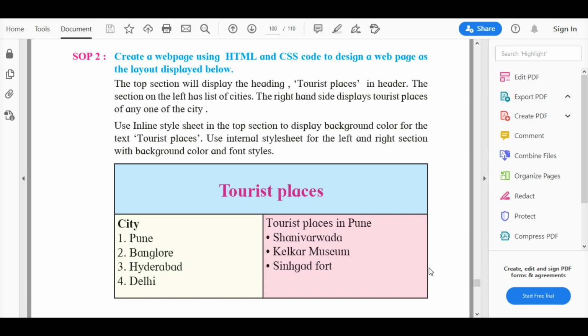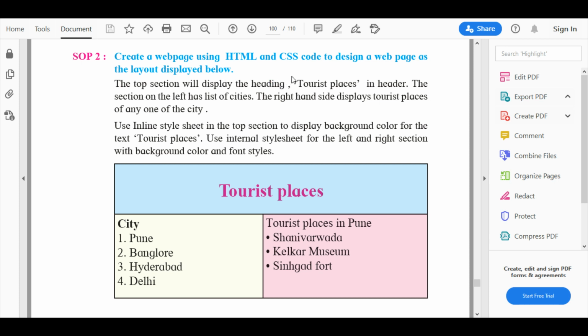Today we are going to be continuing with our SOPs for chapter 1 of IT, Advanced Web Designing. I have uploaded the SOP 1 that included the enrollment form and etc. on Tata Sons Private Limited. So today we are going to be continuing with our SOP 2. I'll read it out to you.